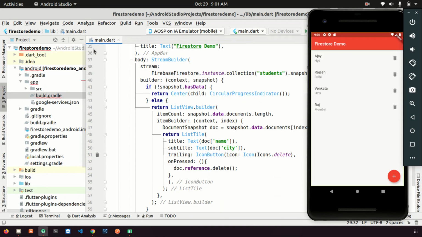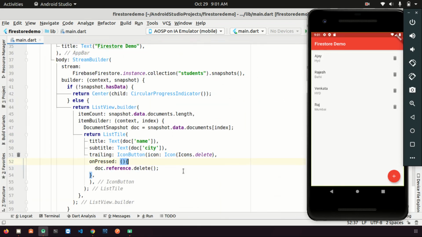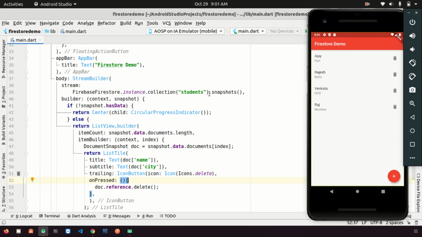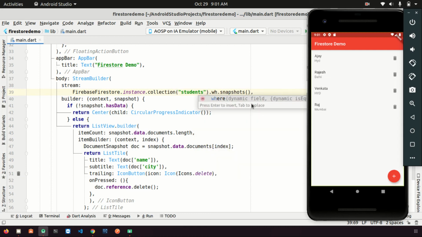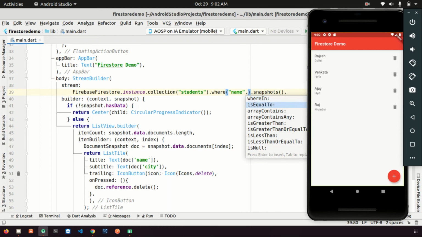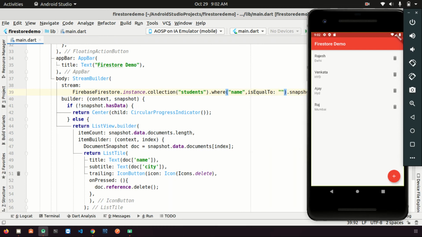Now I want to add some more filter. Filter means now I'm getting all data here, right? Stream. So if you want to add a filter, you can add a filter like a where condition, or if you want to add order by, then you have to give the name of the field. So I want to order by name. You can see order by city. Then if you want to put some where condition, I'm passing the name one, and the second one is the option, wherein or equal. If I'm giving equal, I can give the name one here, right? See, getting the filter data.